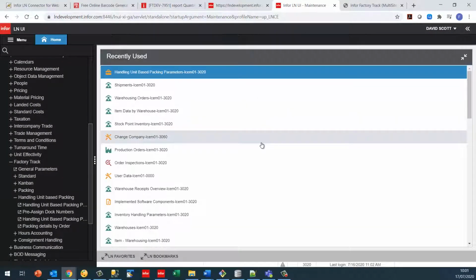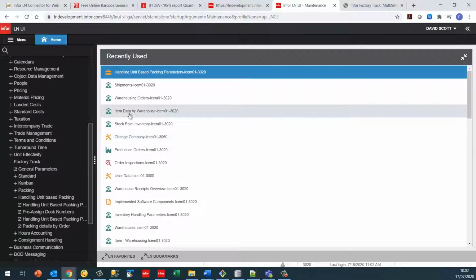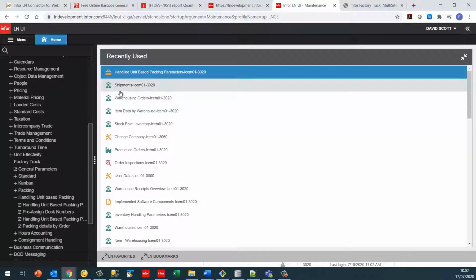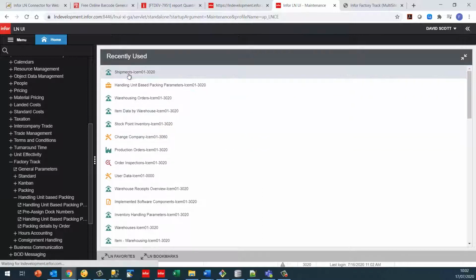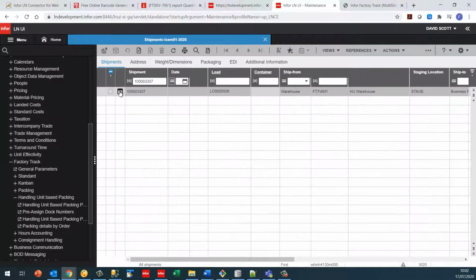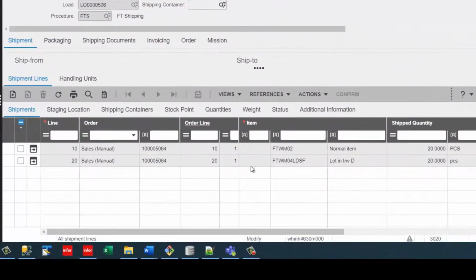For this demonstration, I'm intending to pack a shipment into two boxes, put those two boxes onto one pallet, seal the pallet, load the pallet, and then finally ship the pallet. So in this example, I have created a shipment which contains two lines, and those two lines are for 20 of item 1 and 20 of item 2. What I will intend to do is put 10 of each of these into box 1 and the other